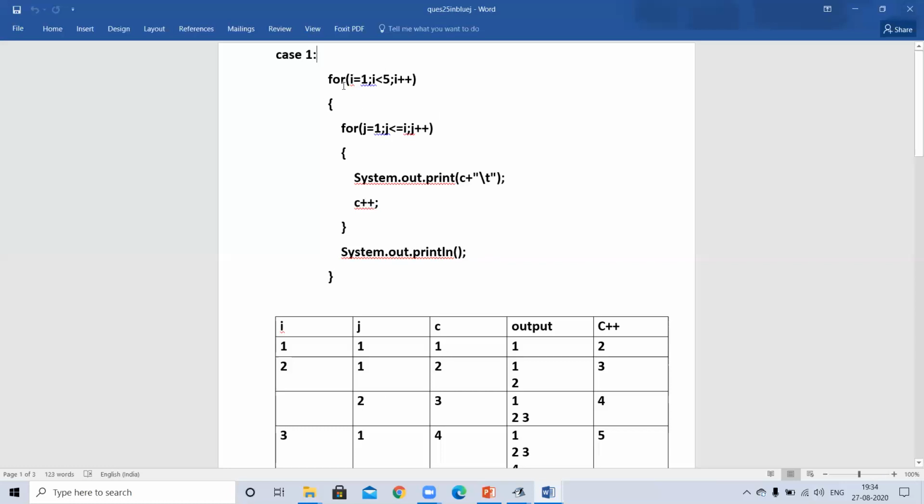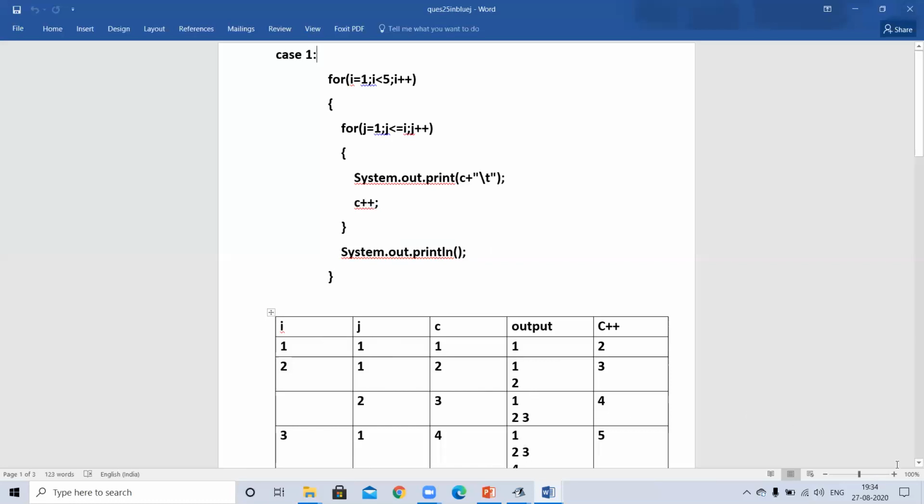Then it will execute the outer loop. i will now be 3, and j will again start from 1. This time the value of c is 4.